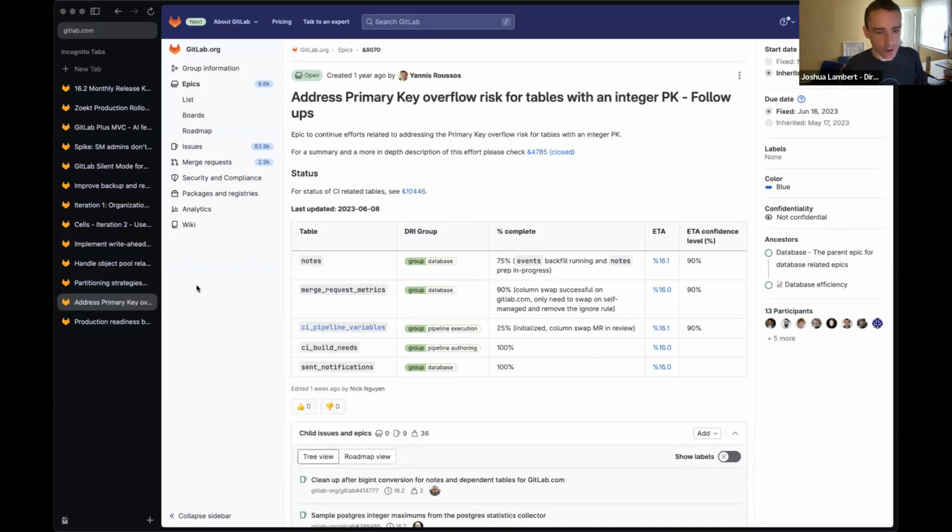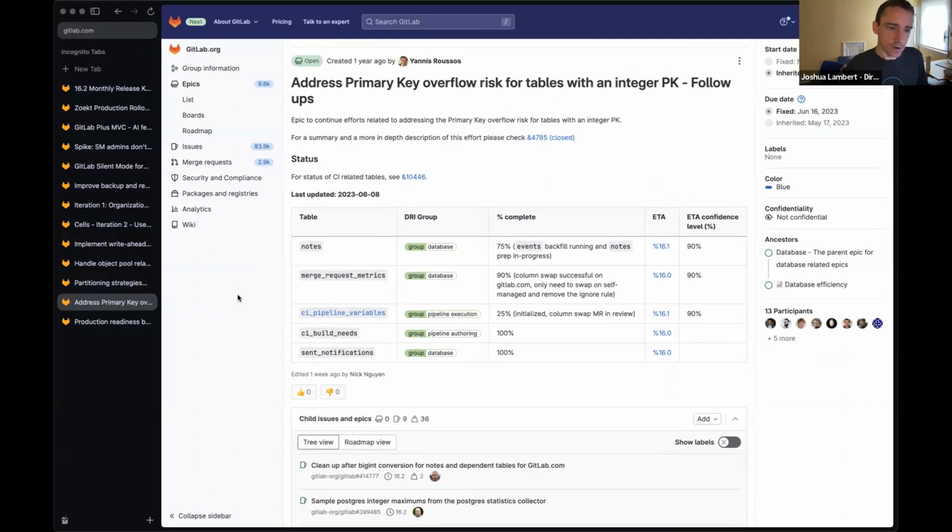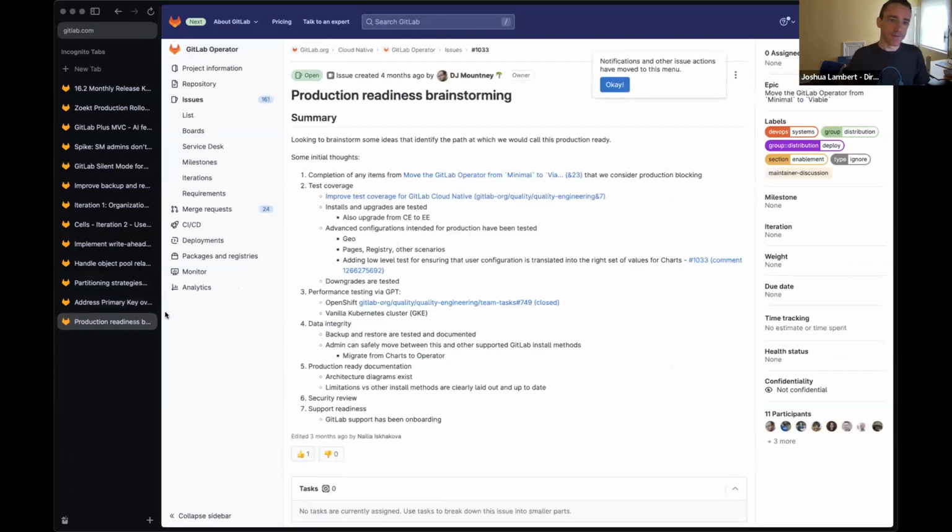And certainly we're working to wrap up the migration to larger primary keys to ensure that even the largest of GitLab instances have enough headroom to run for a very, very long time before they ever have to worry about exhausting these primary keys. And so again, for that additional headroom, we are working to wrap up the last few tables here in the next milestone or two. And the final